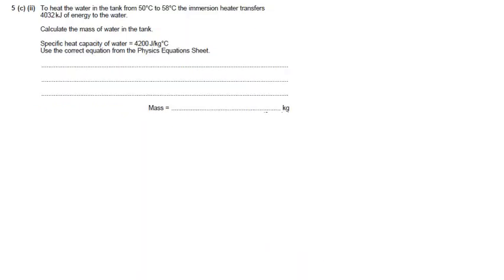Five C part 2 is a specific heat capacity question. The equation we need to use is that the energy transferred is equal to the mass of the substance times the specific heat capacity of the substance times the temperature rise. In this question, it tells us the energy transferred is 4032 kilojoules. It needs us to recognise that a kilojoule is 1000 joules, so